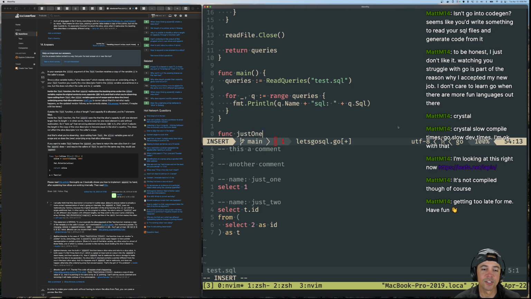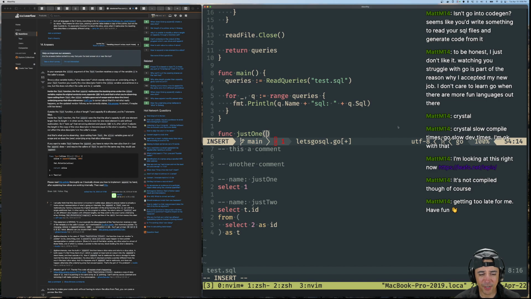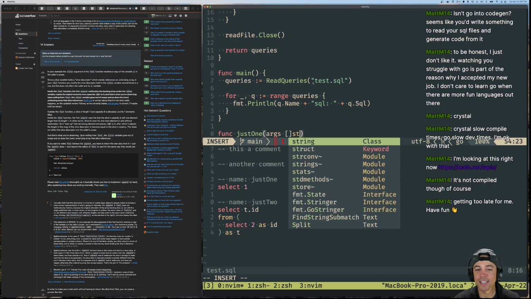So this would actually be just one, just two. And then I'd have a function that takes a dynamic number of arguments, which is probably like args, and it's like